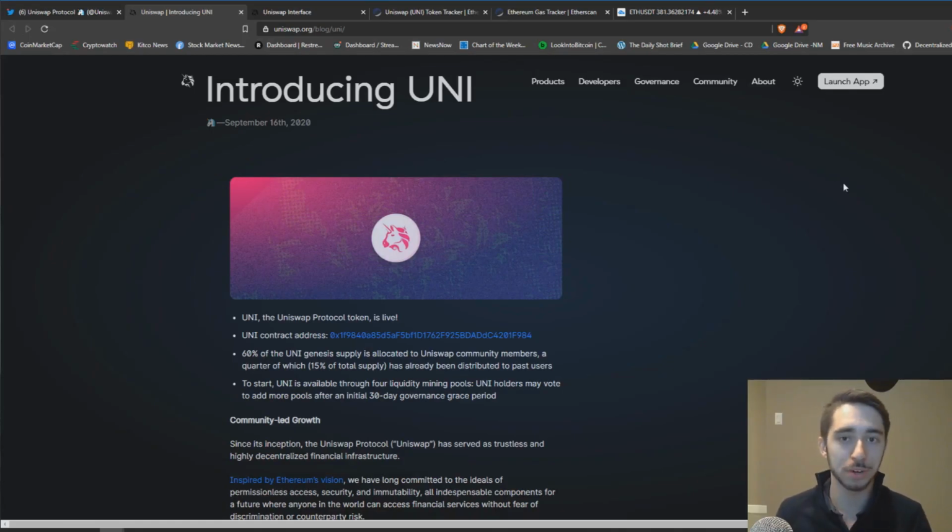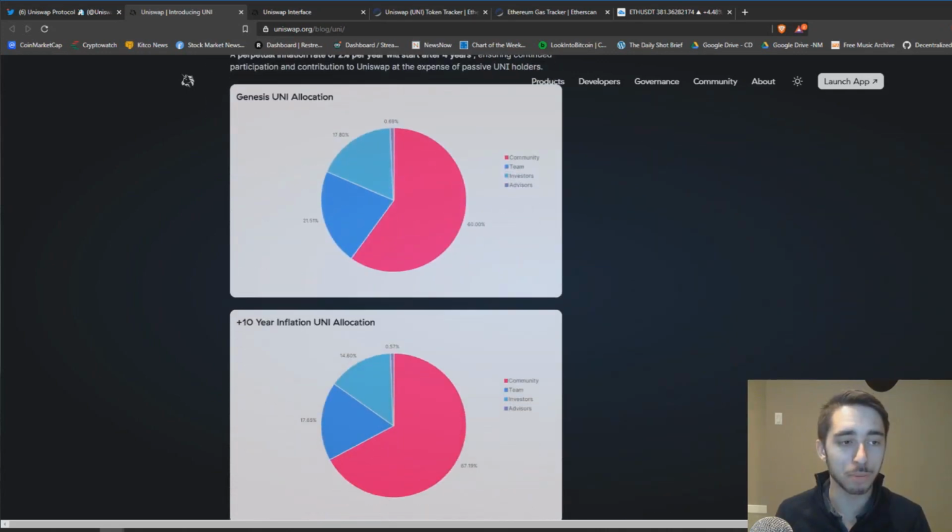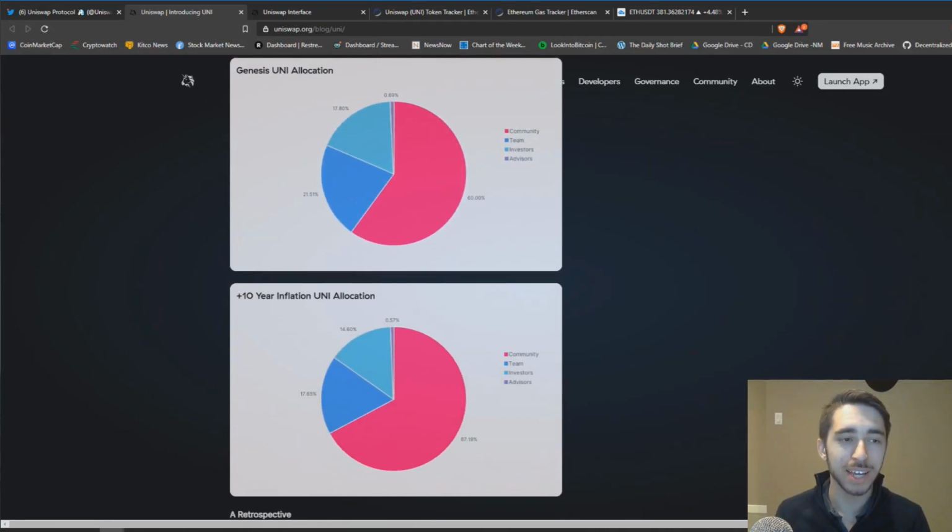So let's talk first about distribution here, right? The distribution is very important for any token. And I have to say, this is probably my favorite component out of everything that Uni does as a token. I know it sounds silly and maybe kind of redundant, but the distribution of a token, guys, especially a governance token. So that's what Uni's purpose is, and we'll talk about that utility and how it's going to progress Uniswap as a platform or as a protocol, rather than just having the team in charge.